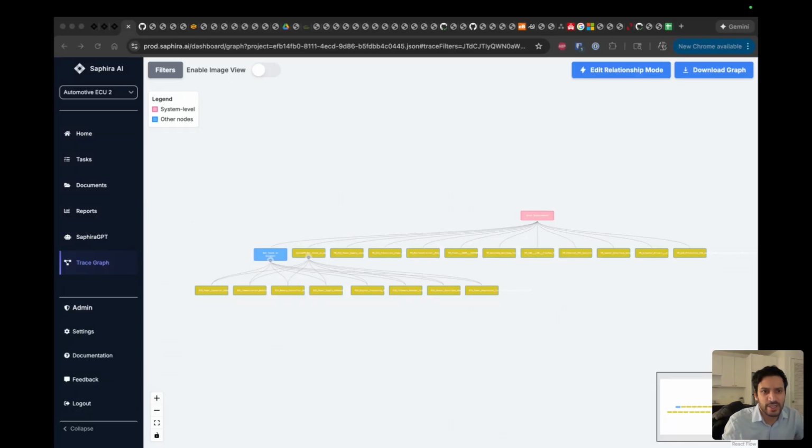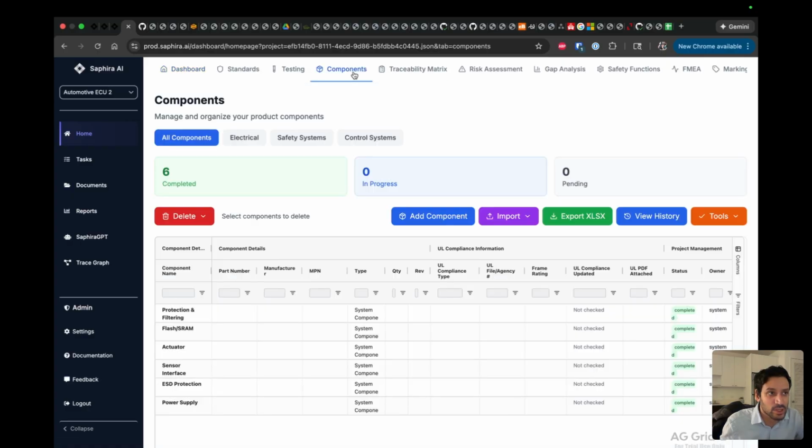Hello. On our last presentation, we took a look at generating an FMEA from a diagram of an automotive ECU and building traceability between different failure modes at the component and the system level. Today, we're going to wrap up this demo series by digging into what happens when we actually start making changes